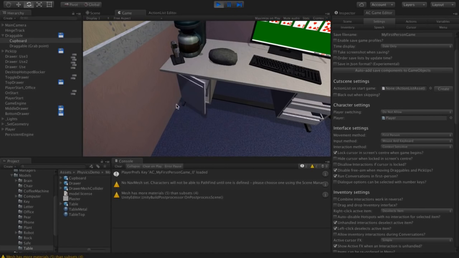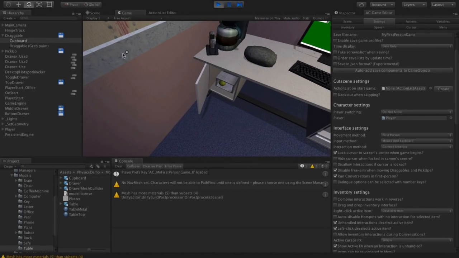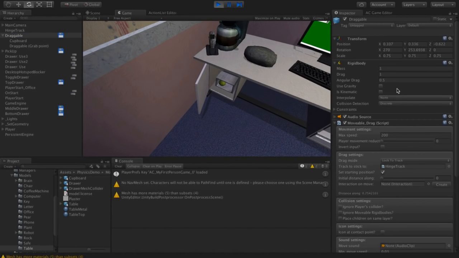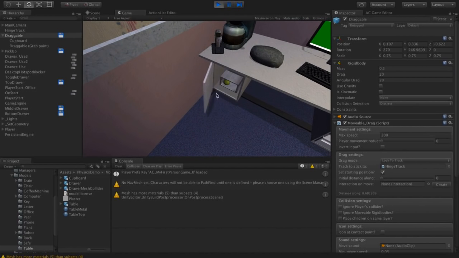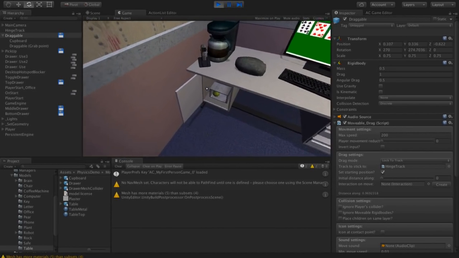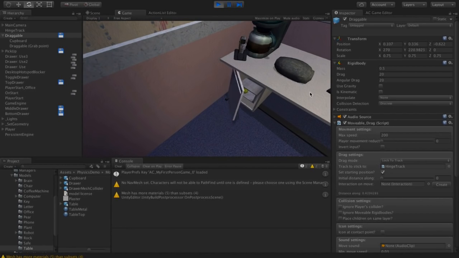Now you can see by the movement of the mouse, it takes a little bit more effort than you'd think for the cupboard to open. And we can change all that by just tweaking the rigid body component. I can increase or decrease the mass to make it easier to move, like so. And let's also give it an icon at the point, like in 3D space, where we make contact with the cupboard, because that will make it easier to understand which direction we have to move the mouse in.